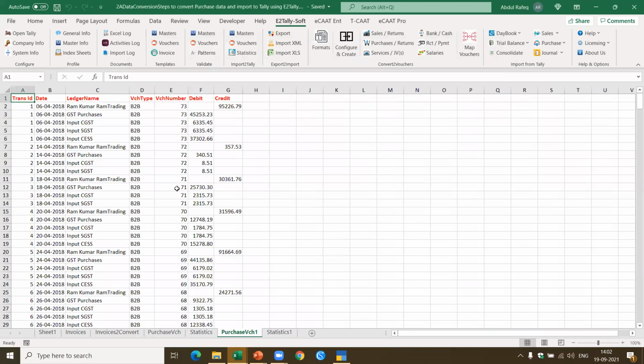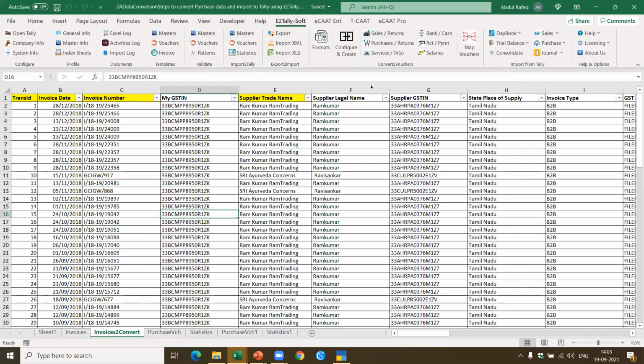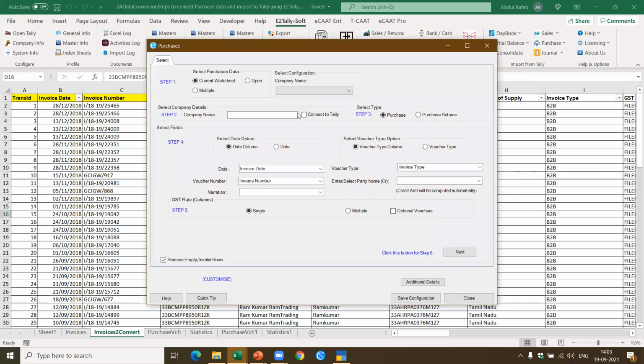Now if you see here, purchase, I got the total amount. The voucher number is also there because I selected the voucher number. Based on the voucher number, this voucher number has come. Okay. Now I just wanted to come back again to this and show you what happens when I've selected the configuration. Now if you see here, when I come back to purchase returns, let's see where the configuration has been saved. Now I come back to company name.